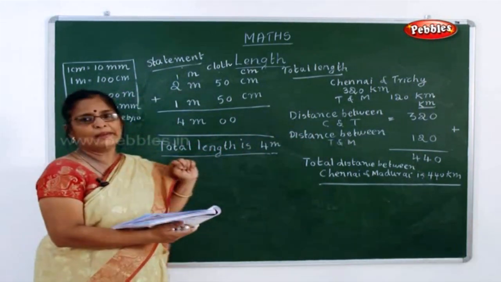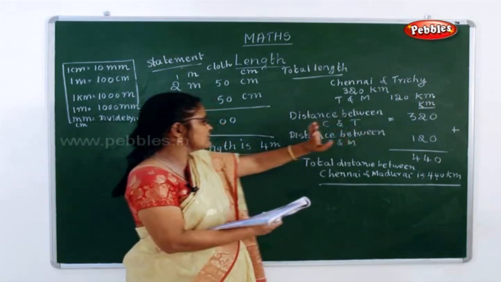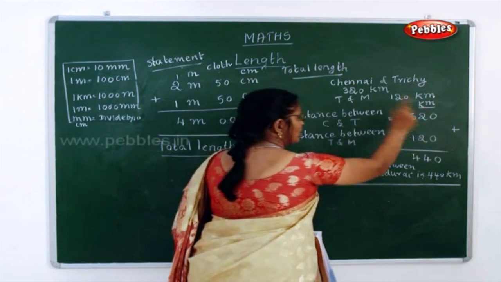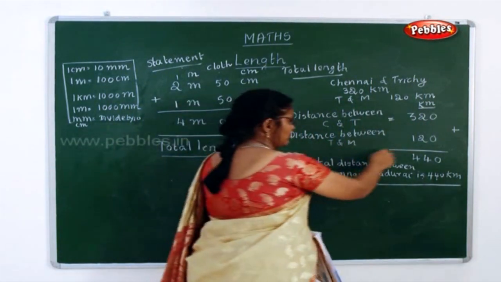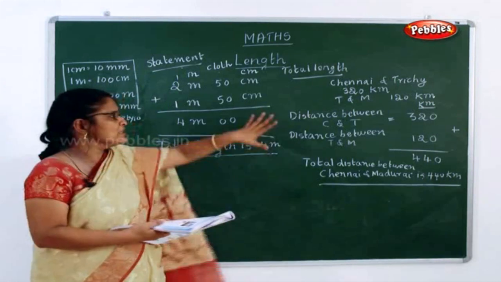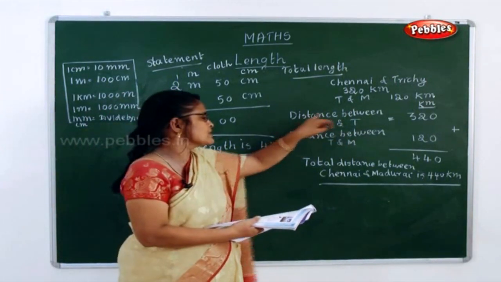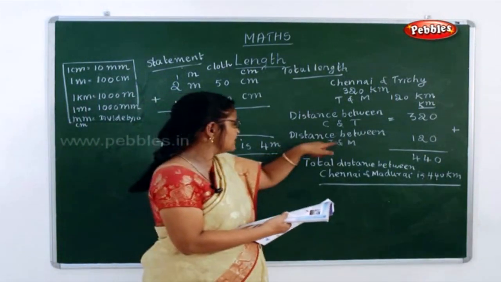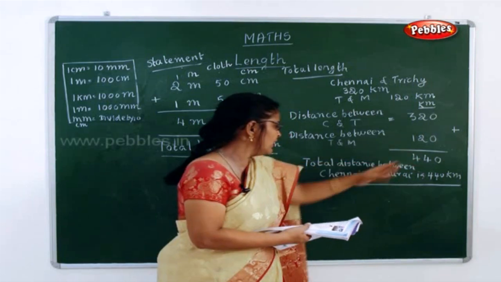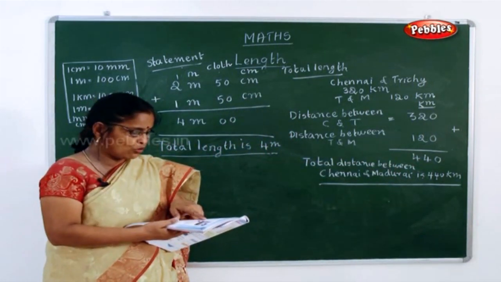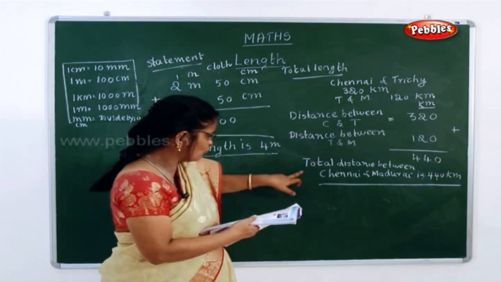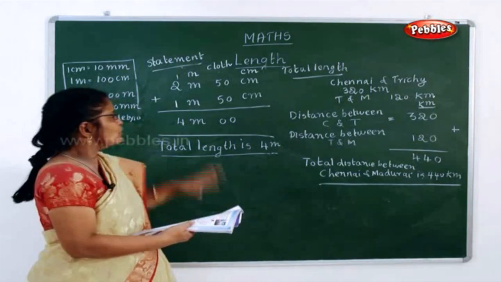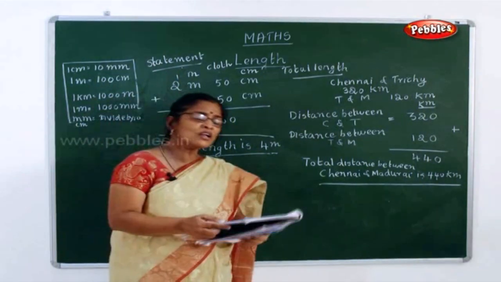See, for one way I can tell you. You can write distance between Chennai and Tiruchi, or you can say length of Chennai and Tiruchi is equal to 320. Length of Tiruchi and Madurai is 120. Whatever it is given in your book, you can just copy the same thing. Distance between Chennai and Tiruchi is 320. In the book it is again given Tiruchi and Madurai, distance between Tiruchi and Madurai is 120. So you have to add, and finally the question, what is the total distance? So the question you have to write here, the total distance between Chennai and Madurai is 440 kilometer. So this is how you have to do the statement sums in your addition.